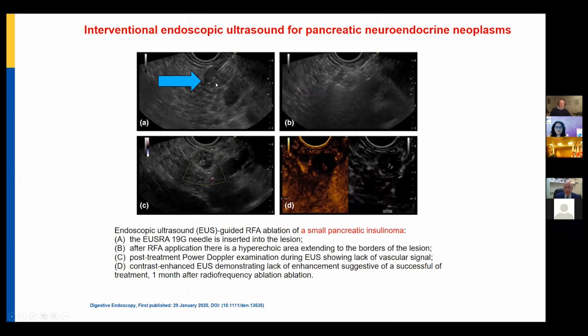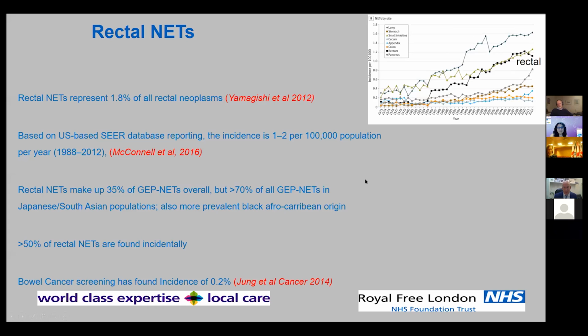With this needle, you were able to perform radiofrequency ablation so that you could burn away the tumor within the pancreas. With the contrast enhanced endoscopy, you can see this organization of the lesion. This patient then didn't have any further hypoglycemic attacks due to the insulinoma. Moving down then to the rectal neuroendocrine tumors, what's very interesting is they're more common